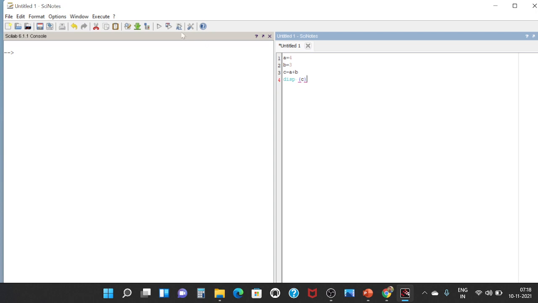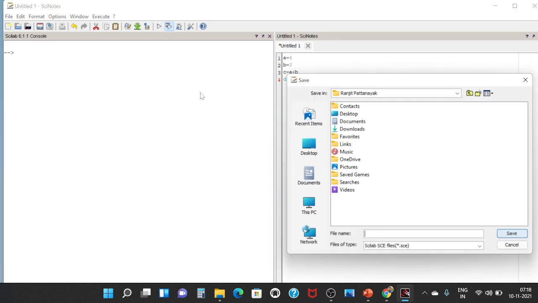Here you can see, this button is for save and execute. If you are writing the program for the first time and it is not saved, it will first ask you to save this program. So whenever you click over here, it will ask to save this program. You save wherever you want.